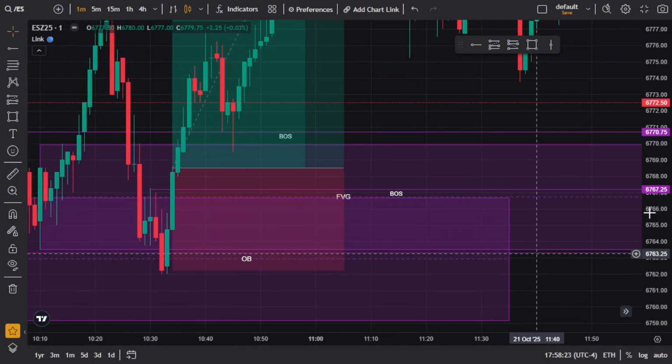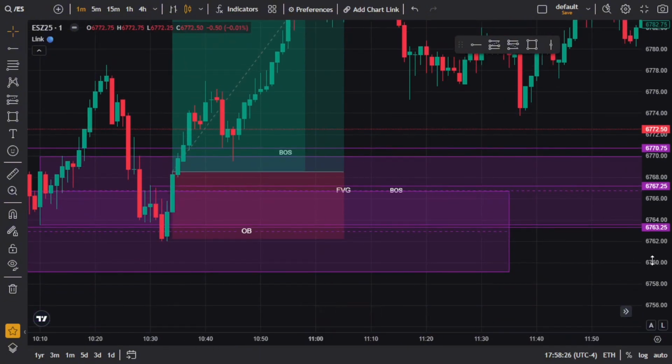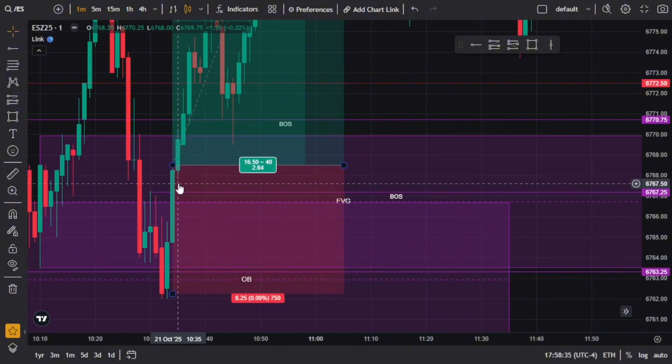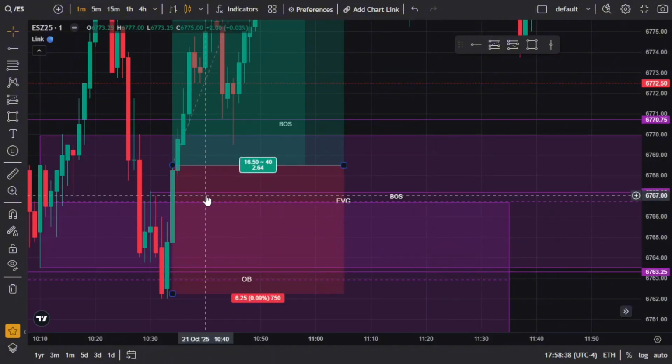And it looks the exact same on the 5 minute. That's literally a breaker structure, right? We're going to mark that out. We're going to wait for price to move down a little bit more. And then we're going to wait for a candle closure. It doesn't matter if it's 2 candles. It doesn't matter if it's 1 candle. Most of the time, it'll be 2 to 3 candles before it closes above it.